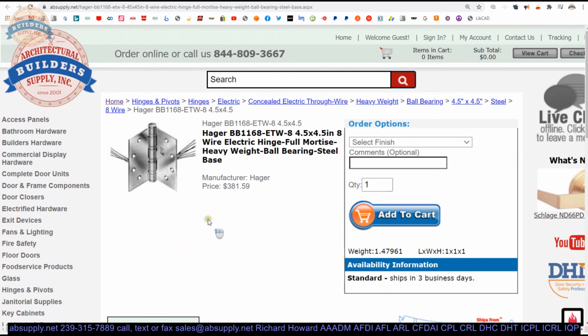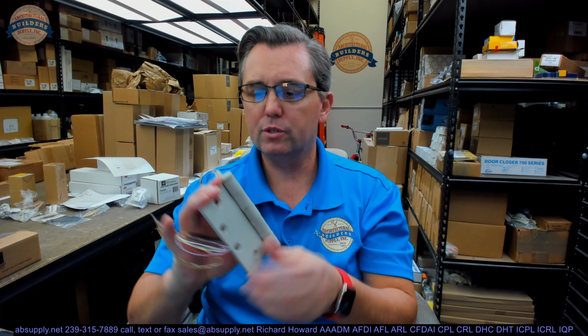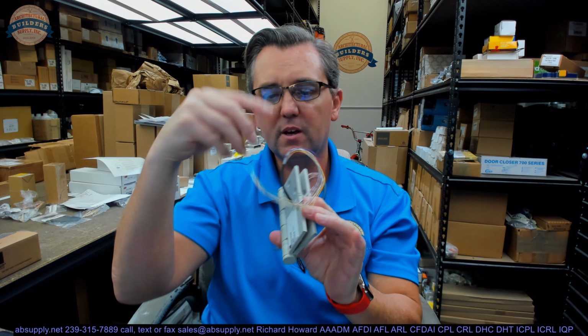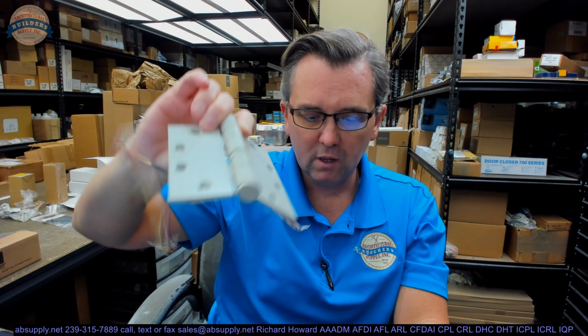Let's wrap up this video on camera. Okay, in conclusion, fairly common hinge. If you see electrified hardware and you don't see the wires, that could be because of the electric transfer hinge that is there. The only thing that limits the deployment of electrified hardware is the imagination. When you have power and relays, you can do anything that you really need to do over an opening and probably do it multiple ways. If you have any questions on the Hager BB1168 4.5 ETW8 or any other Hager product,